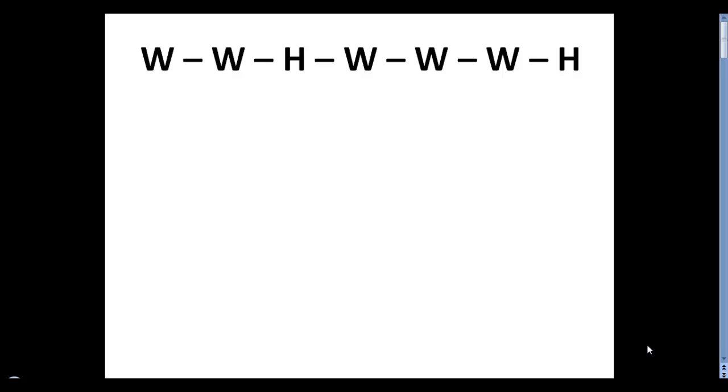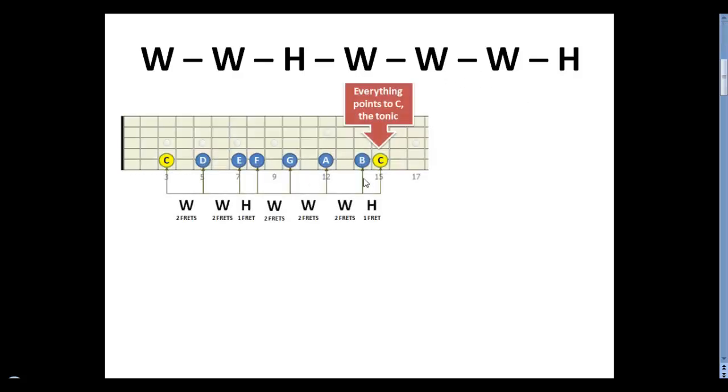This is Adam and I'm going to teach you how to use the Circle of Force to figure out what major scales or what keys contain sharps and flats and what those sharps and flats are. We've already talked about the major scale formula, whole, whole, half, whole, whole, whole, half, and applied it to the fretboard. And you can see how that applies to the fretboard here with C, D, E, F, G, A, B,